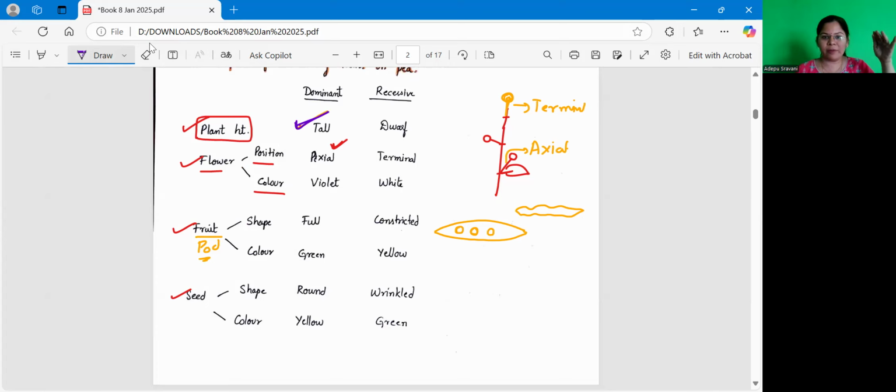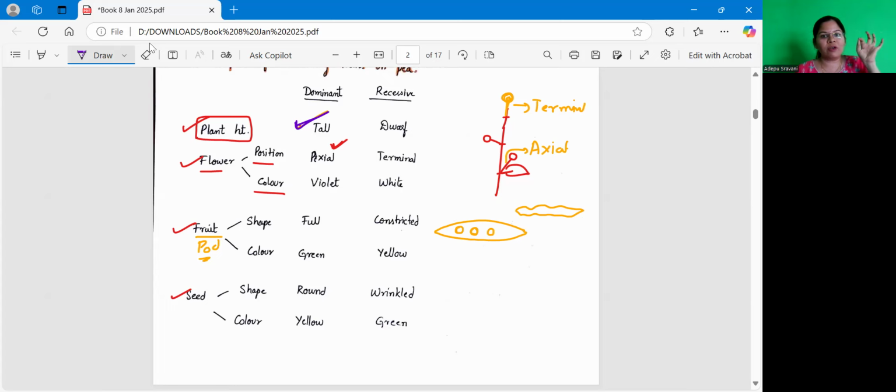So tall plant will be dominant. Now in these tall plants, when we are seeing the flowers, first you have to remember the flower, fruit and seed sequence. First comes flower, from flower we get fruit, and in the fruit we have the seeds. Clear? So flowers. Since the plant is very tall, we cannot pluck the flowers which are at the terminals,